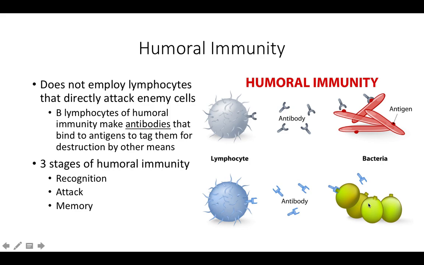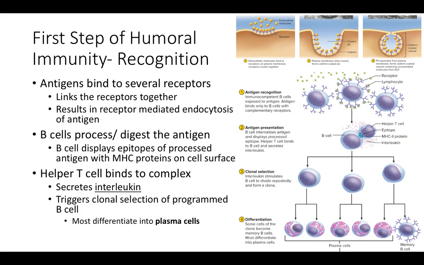But those antibodies don't necessarily destroy the antigen themselves. They can neutralize the antigen, which we'll talk about as we move through the slides, but they basically tag them for destruction through other means. Okay, and we have the same 3 stages of humoral immunity as we did with cellular: in recognition, react or attack, and remember or memory. So in the first step of humoral immunity, which is recognition,